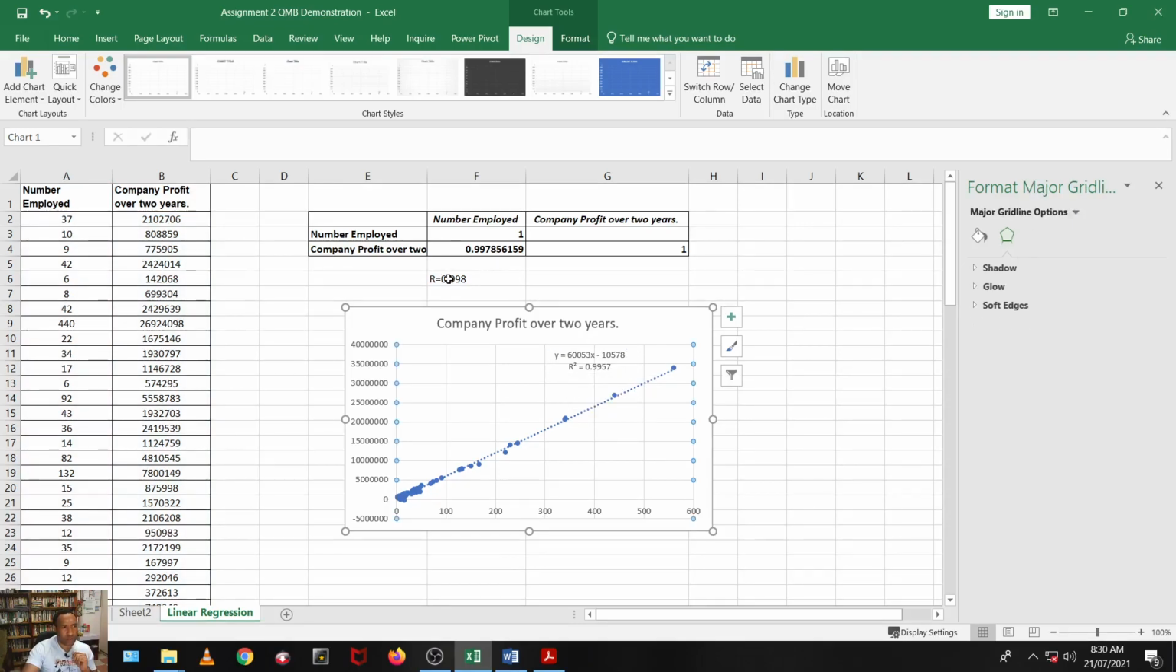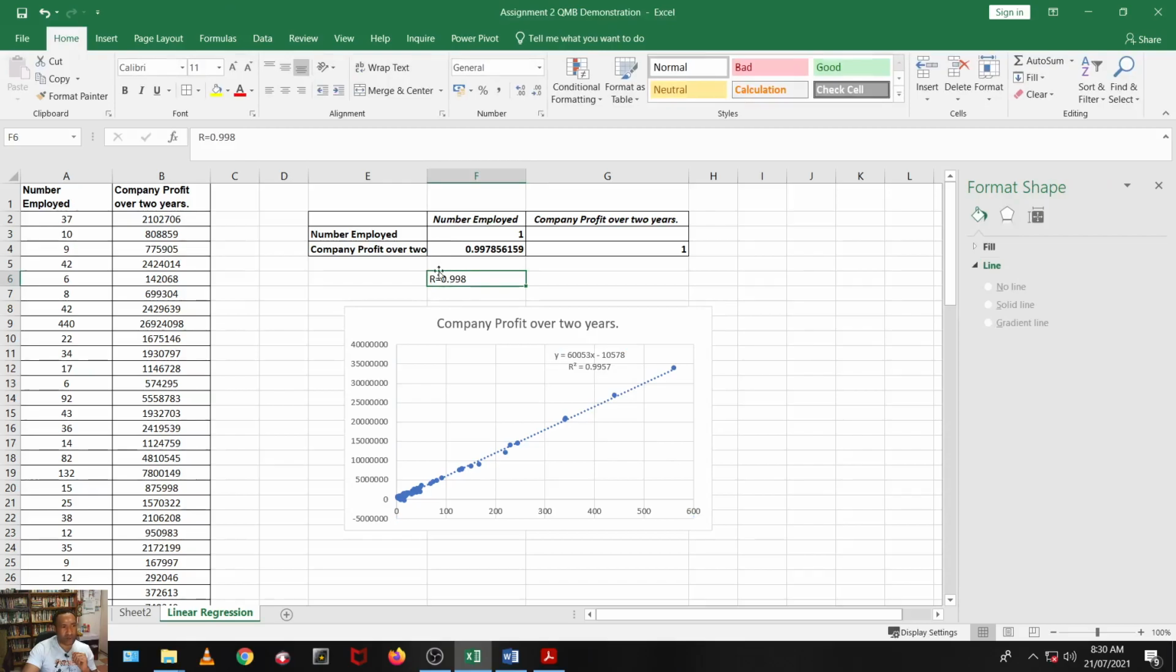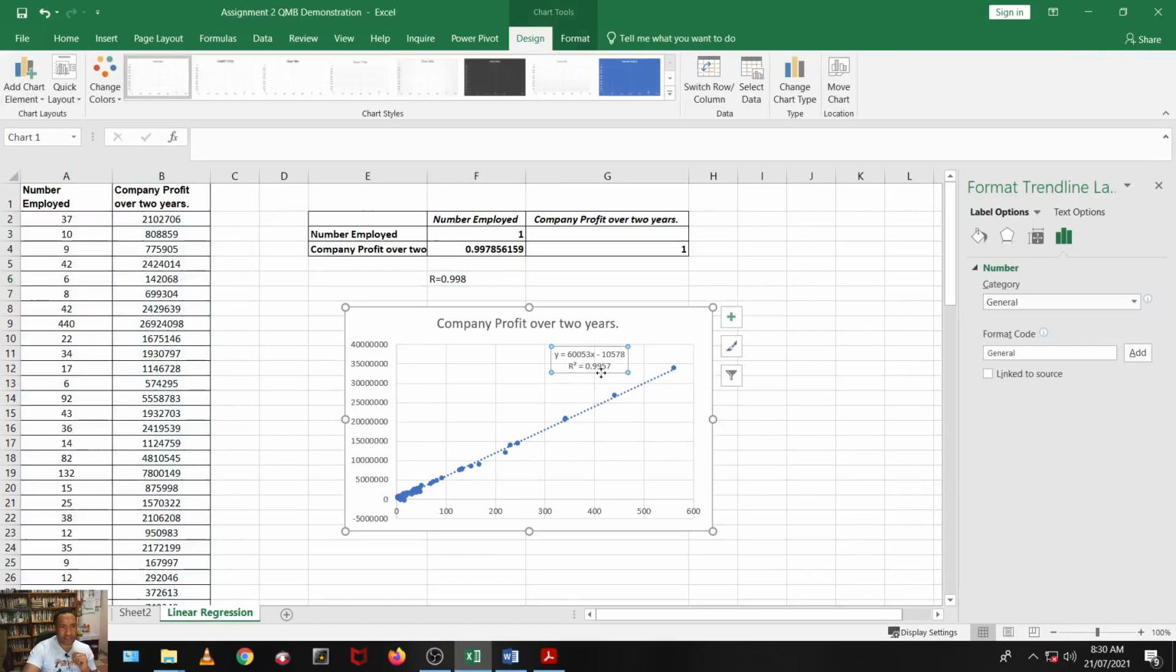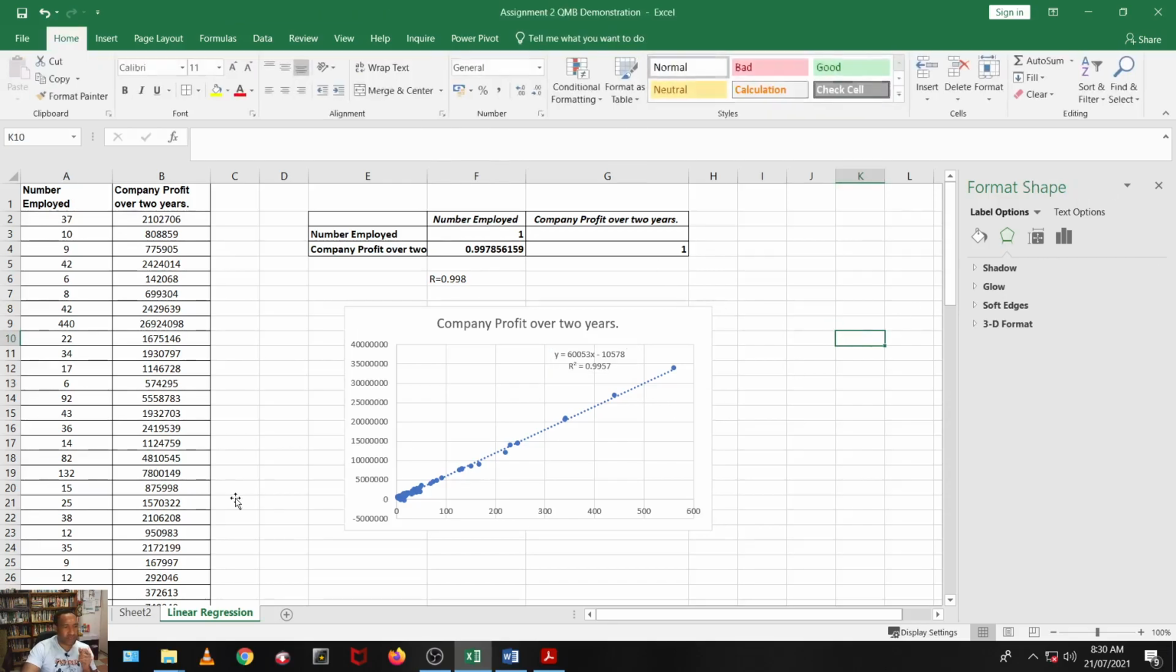Now, it's the square of the correlation coefficient. So 0.998 squared is actually 0.996. This is the coefficient of determination. This is the coefficient that predicts future profits given a change in the number of employees. Okay, so with that being said, now let's go over and do our